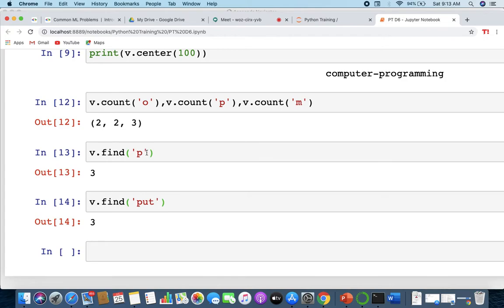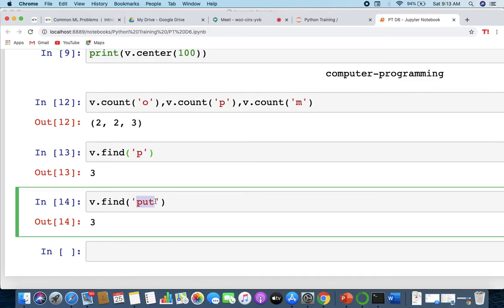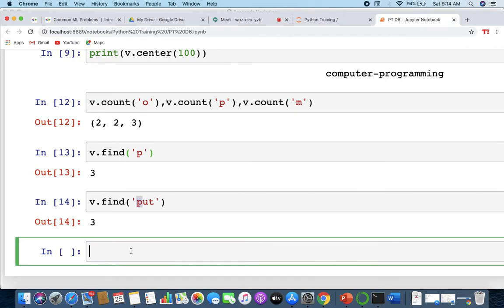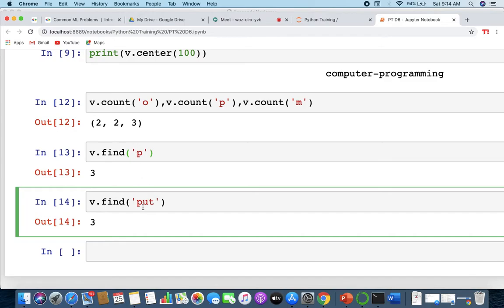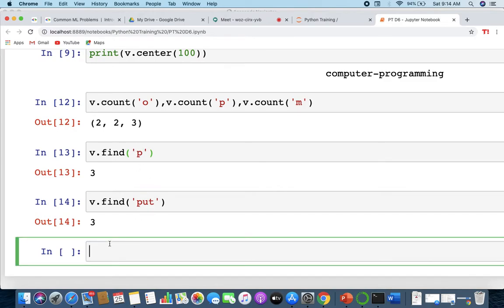Alright, so that can be only the first one that you are writing. Now let's say that you have written put, right? So only the first index position you will be getting from there. That is your only P value, that's all, right? For these it will be similar, right? Moving next,